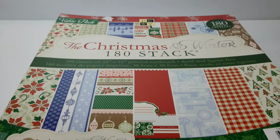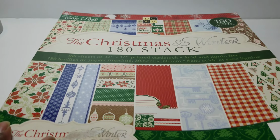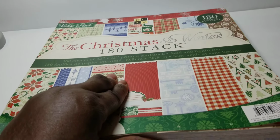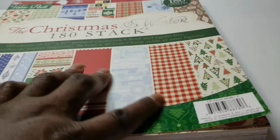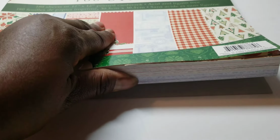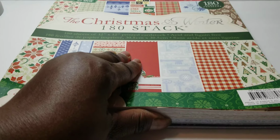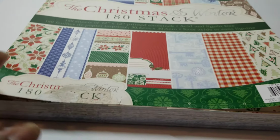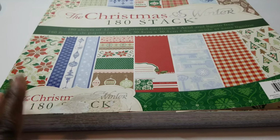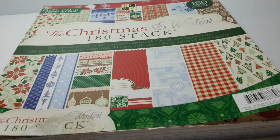I pulled out, remember when Die Cuts with a View made 180 stack for every Christmas and spring and summer, and it's just paper. I'm not sure if they still make these or not, but this one is from 2011, and you see how many is probably is a stack of 180. It's probably 178 sheets of paper in here. Woo, I'm only being honest. And the thing of it is, I have 4 Christmas 180 stacks. I'm like, Audrey, really? But anyway,